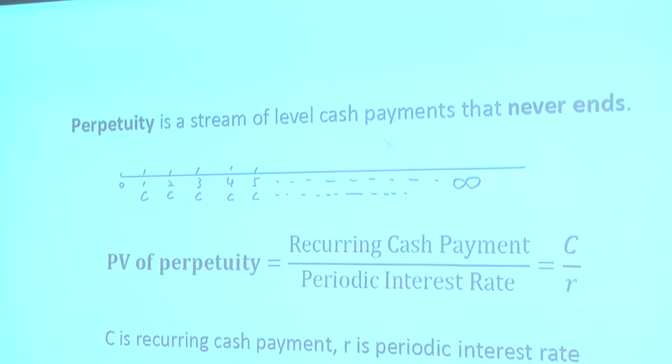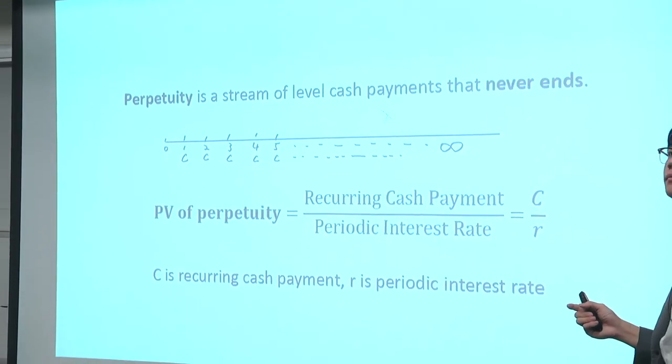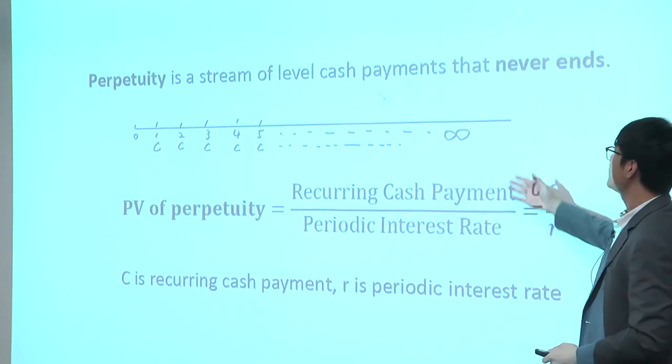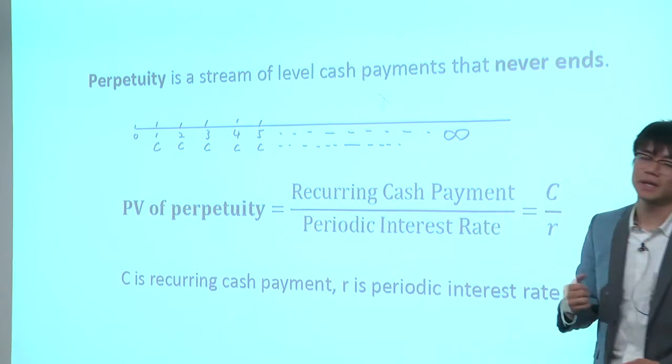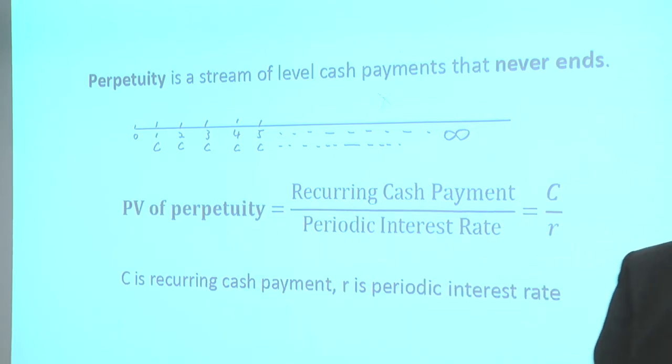So a perpetuity is a stream of cash flows that never ends. Okay? An annuity ends at some time. This is a 30-year annuity. Okay? But a perpetuity never ends. It's a stream of cash flow that lasts forever. Okay? To calculate the present value of a perpetuity, you're saying, what should we do? In principle, it is an infinite amount of cash flows discounted to today and added up. That's the principle. Okay? But mathematically, we have a beautiful equation for calculating that, which is using what? Your payment every year divided by your interest rate. Okay?